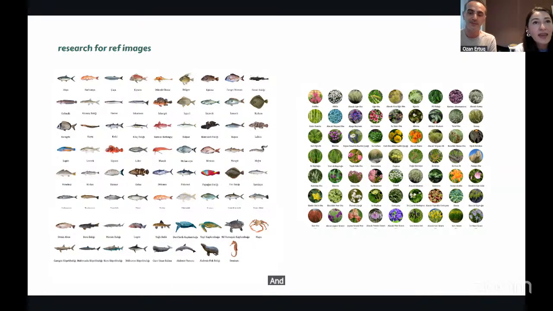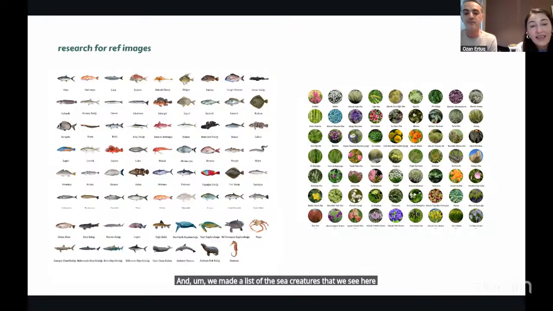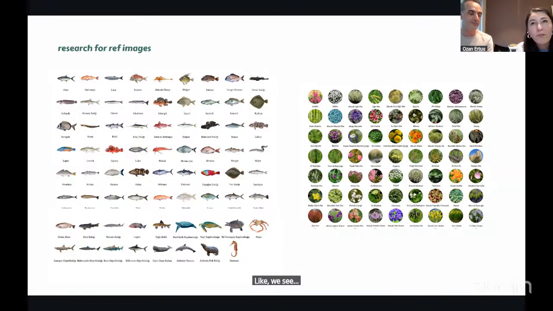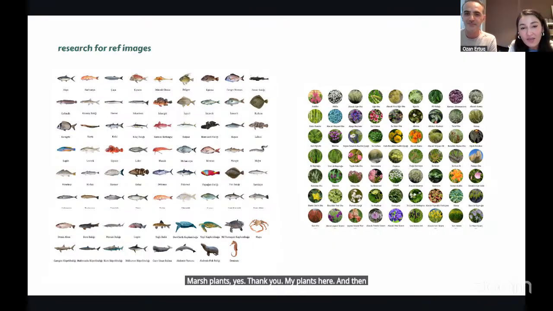We made a list of the sea creatures that live in the Bosphorus and migrate there, and we imagined floating islands as an in-between space. So we prepared an inventory of, like, saltwater marsh plants, marsh plants here, and then these images.